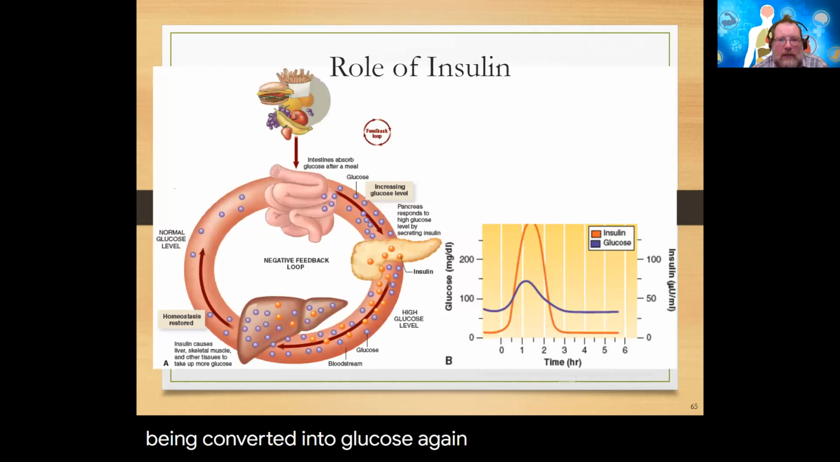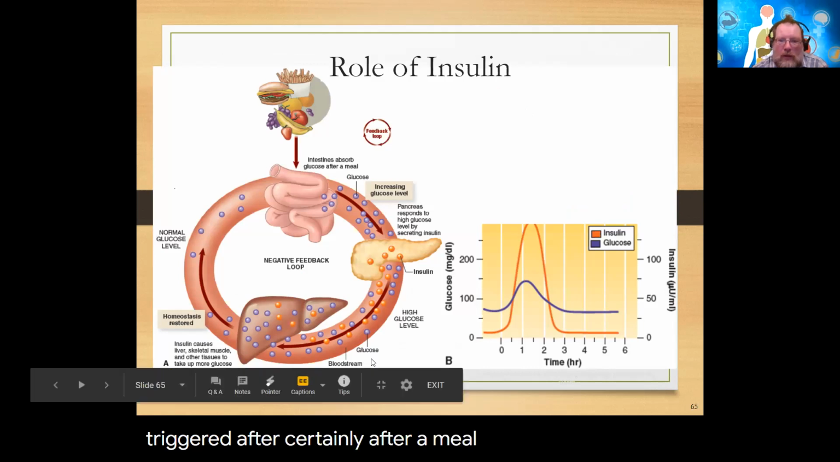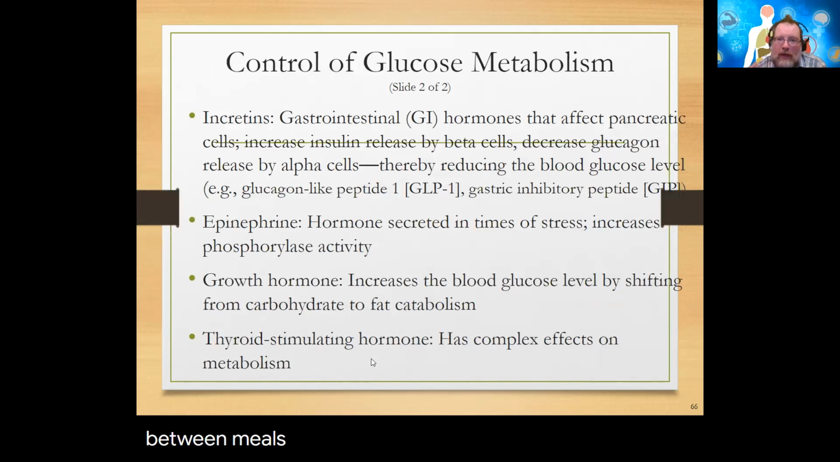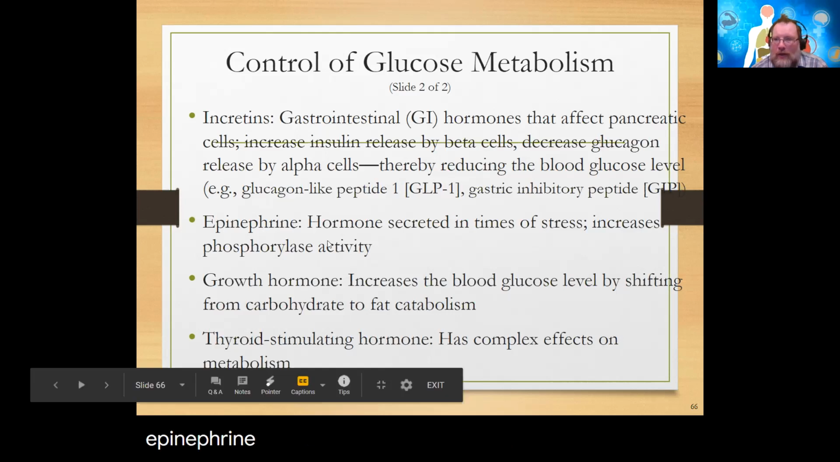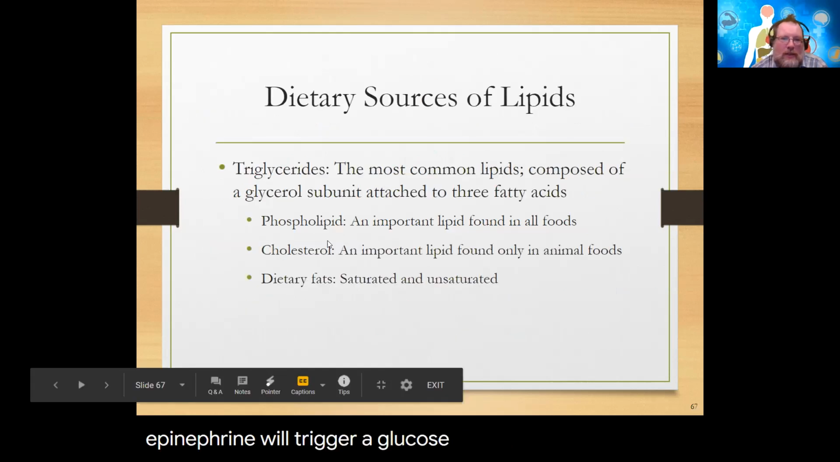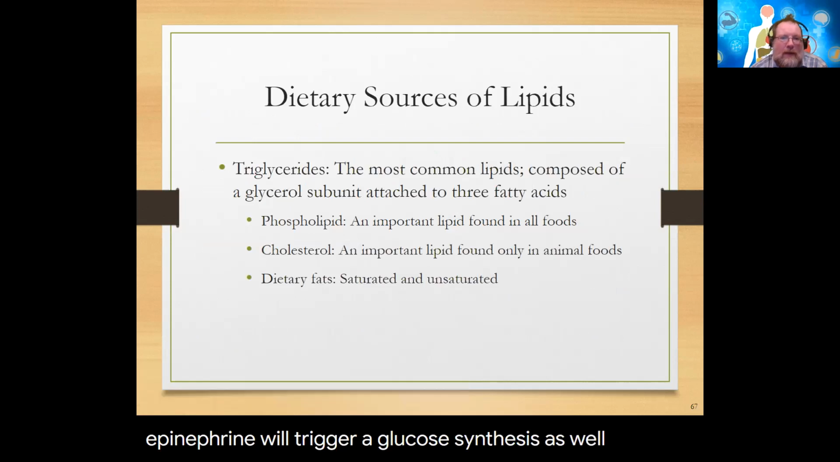And again, insulin is going to get triggered after, certainly after a meal, or during fasting, in between meals, if we've got a glucose deficiency and glycogen gets converted into glucose, then we would see an increase in insulin that way. Certainly epinephrine will trigger glucose synthesis as well. Okay. So anyway,